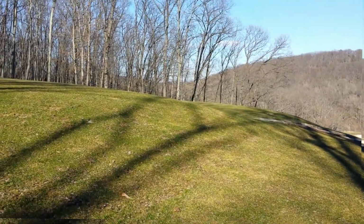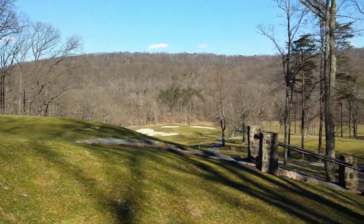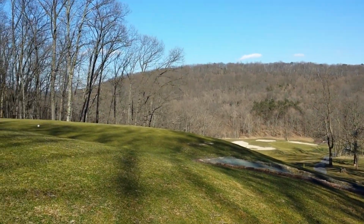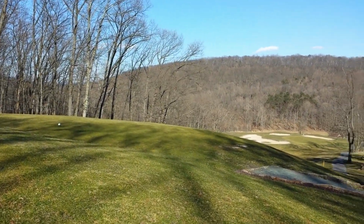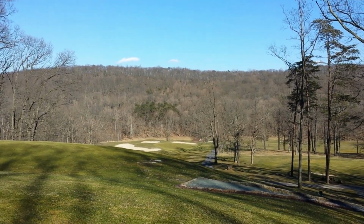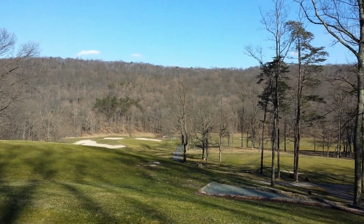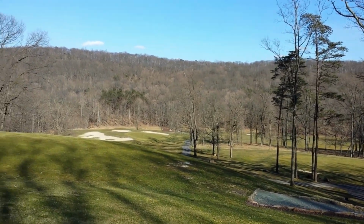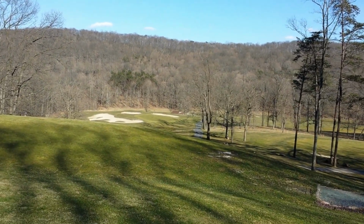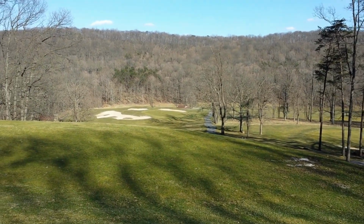So this is 15, 210. You can see the green down there, 210 from the back tees. This is a shot you really got to be careful with a driver, but it shouldn't be that hard with a driver. And since it's got that diagonal creek in front of it, I'd say,